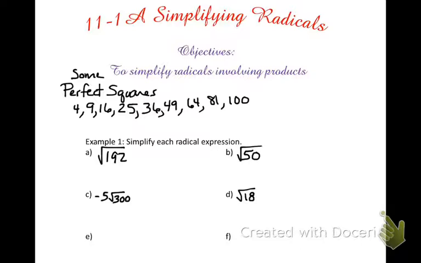That means some of the answer is going to be still in radical form, which means a square root. Radicals are square roots. So some perfect squares we do need to know are 4, 9, 16, 25, 36, 49, 64, 81, and 100. So if I look at example 1, simplifying each radical expression,